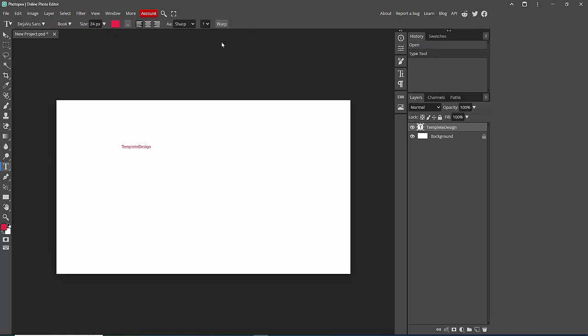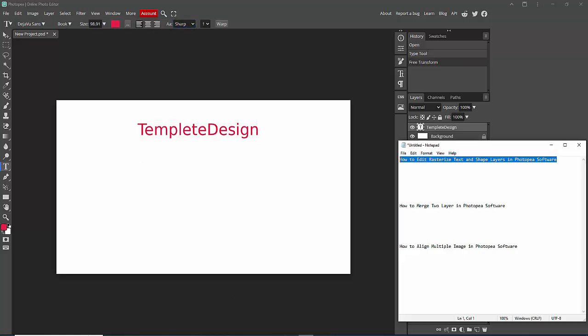Now on the keyboard press Ctrl T and resize your text. Now you can see, then on the keyboard press Enter. Now we rasterize the text and shape layer. Now we are going again to the